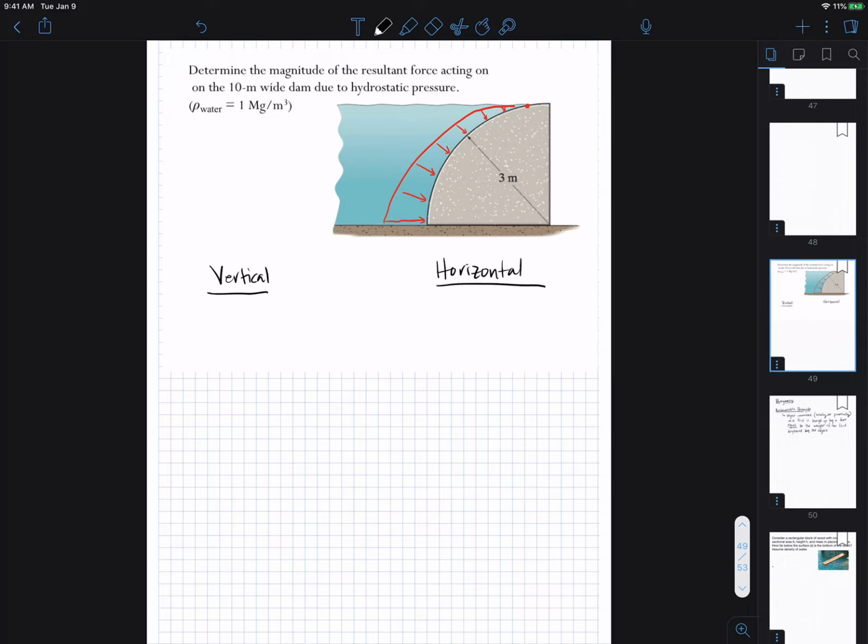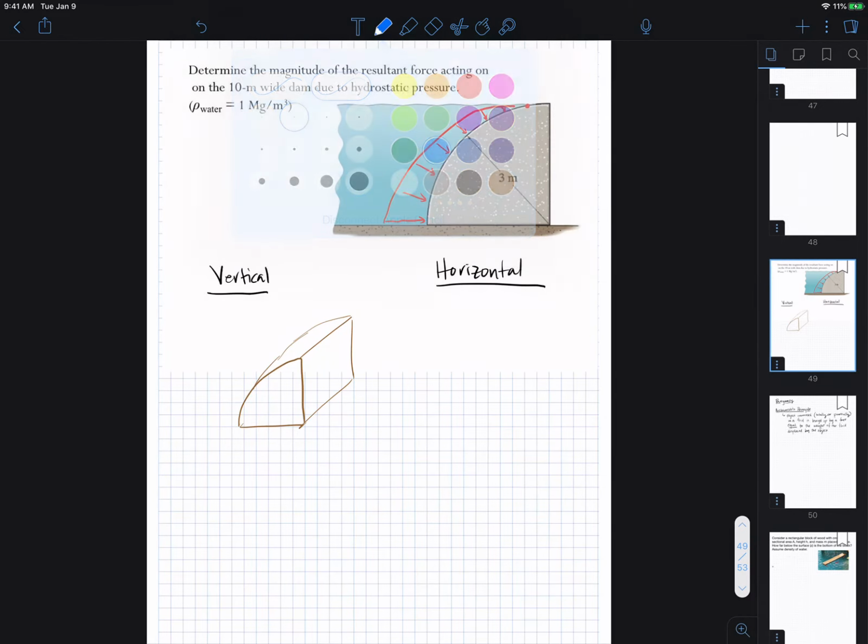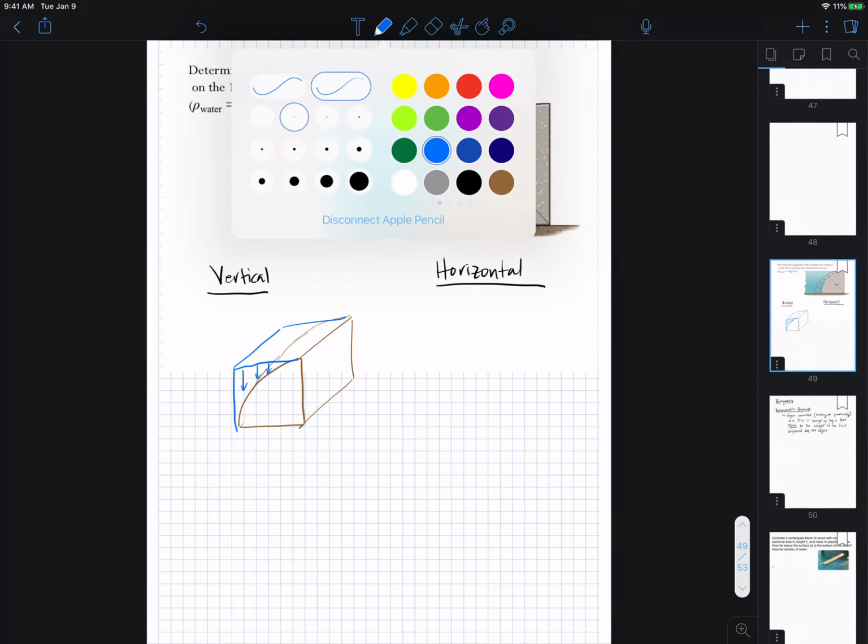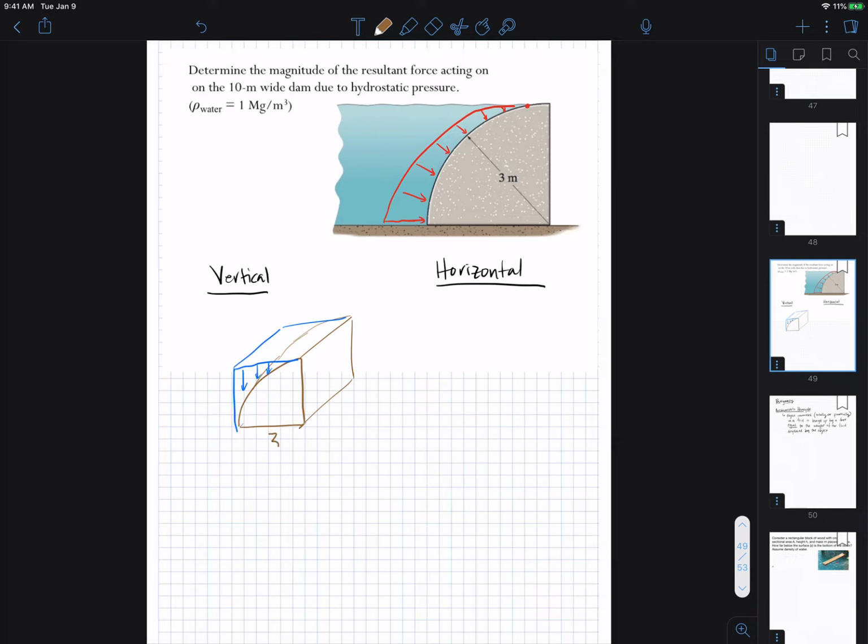So let me draw this here. Maybe it's something like this. The idea is that you have this mass of water on top, pushing down, and that's going to represent the vertical component. We're given that this is going to be 3 meters, this is 3 meters, and this is 10 meters. Our only goal right now is to find the volume of water